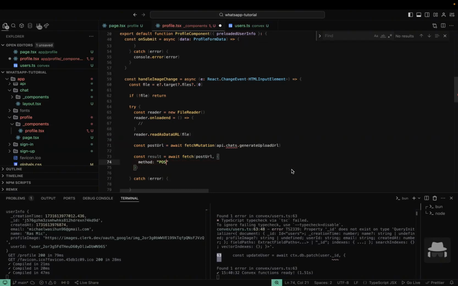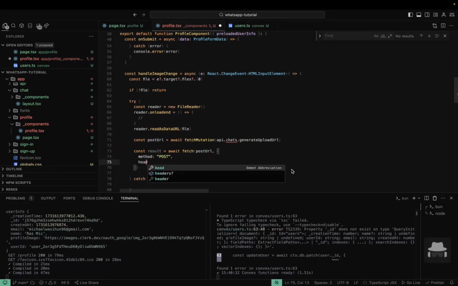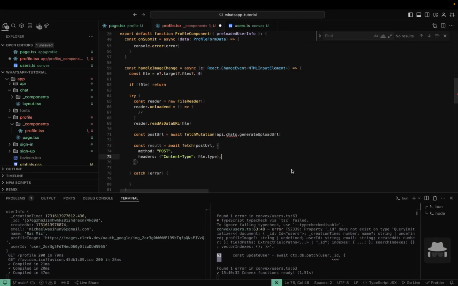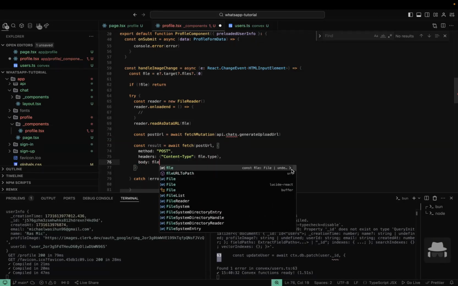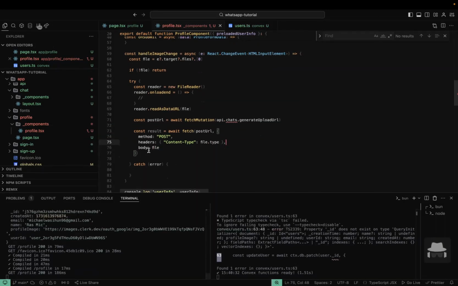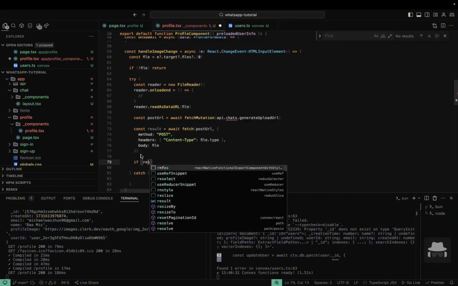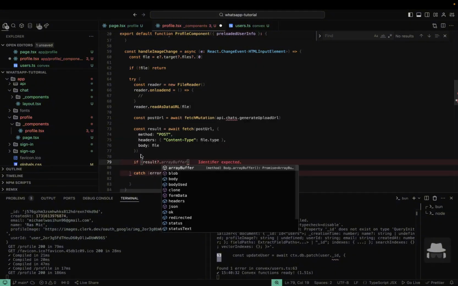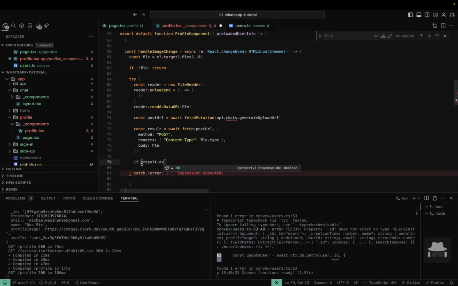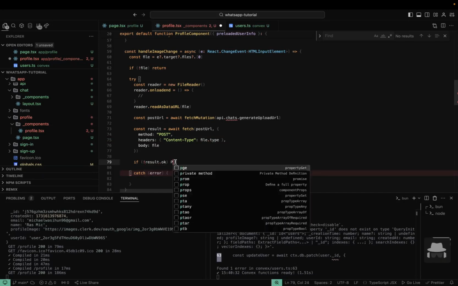Obviously, it's going to be a post request. The headers are going to be a content type, and the type is going to be the file type. Perfect. And then we're going to add the body. In the body, we're going to add a file, which is great. Now, if the result of this is not okay, so I should add the not, we are going to throw